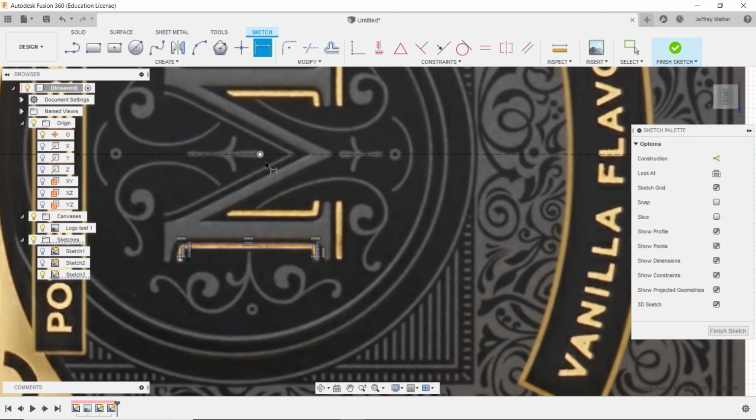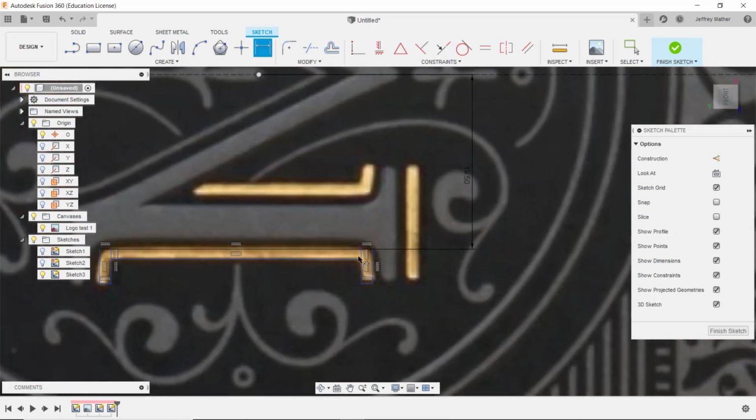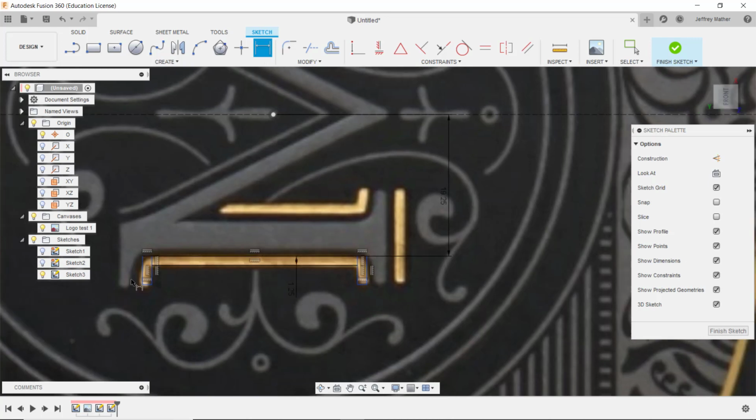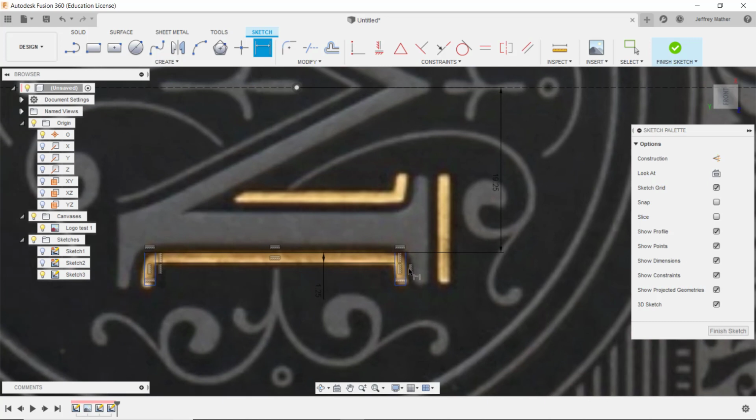And so dimension, here's my origin from here to here. That distance, let's make that 19.5. I like to use nice simple numbers. I'll round that off to 19.5. I might do that 19.25. So I brought it up just a little bit. I'll dimension this distance from here to here. Let's do that as 1.1. And I'll go a little bit bigger. Let's do 1.25. Okay, and if I want to make that a little bit longer, I could. Let's dimension this distance